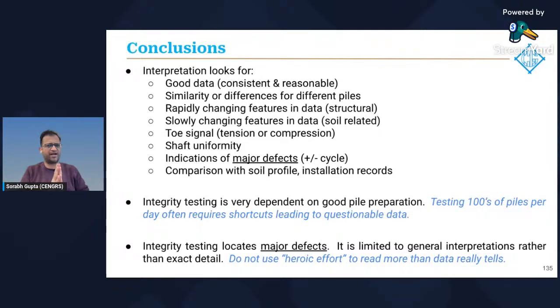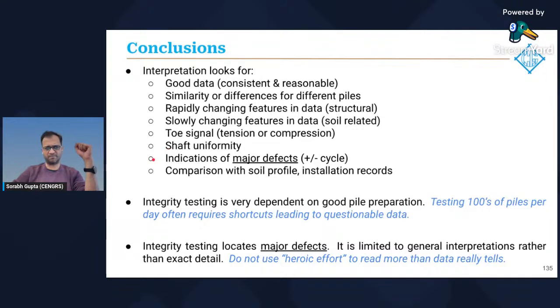We are not trying to capture geotechnical defects. You can't do that using PIT. We are really only focusing on catching the major defects. You have to remember the limitations of the test itself: you cannot catch very minor variations in pile cross section. It's not an X-ray of the pile, so let's not confuse it. It's a very simple test, like a litmus test, to very quickly go through all your piles and catch any major issues or major defects or major inconsistencies in your